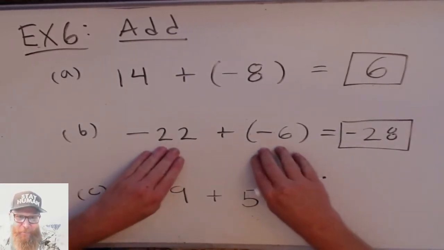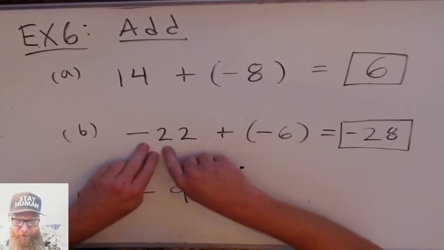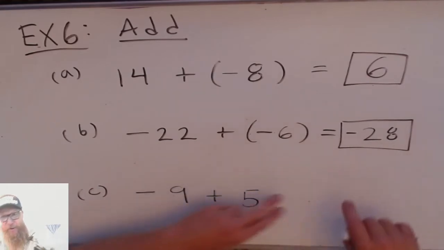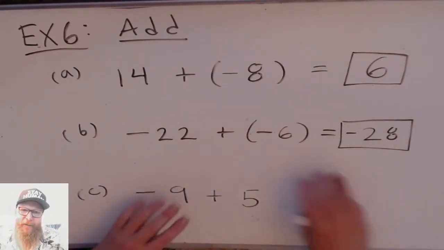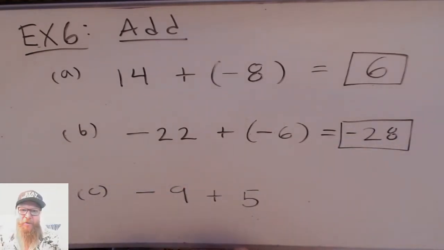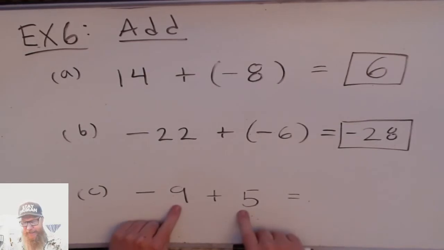This is sort of the bank math, right? You were overdrawn by 22, then you wrote a check for 6, and so now you're overdrawn by 28. Yeah. And they haven't charged you the fee yet. If they charge you the fee, you're going to go even more overdrawn. All right. This is